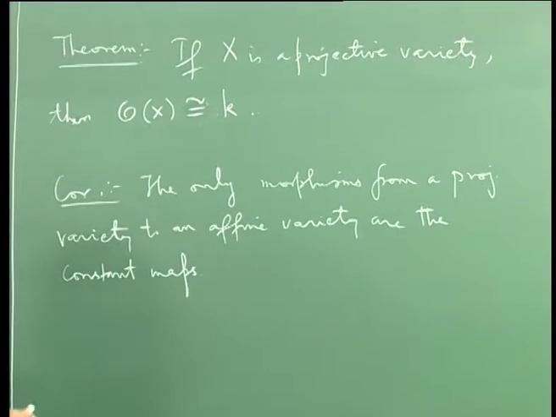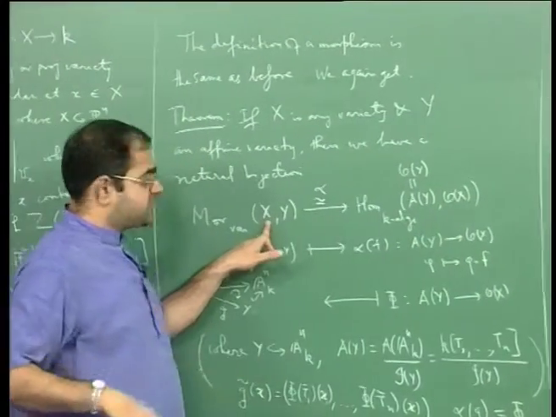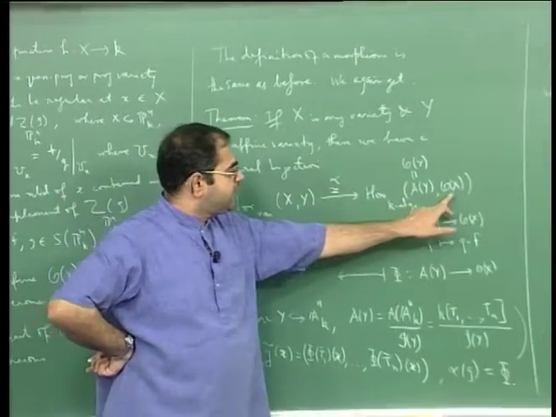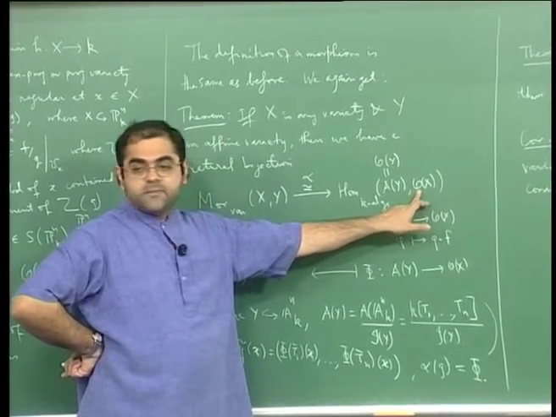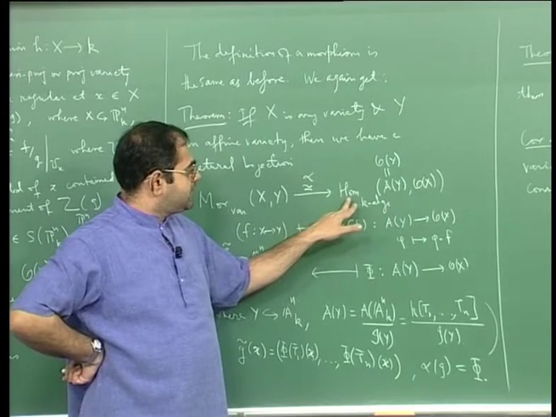You can see this immediately, because in this bijection, suppose X is a projective variety. Then OX will become K, and therefore I will get